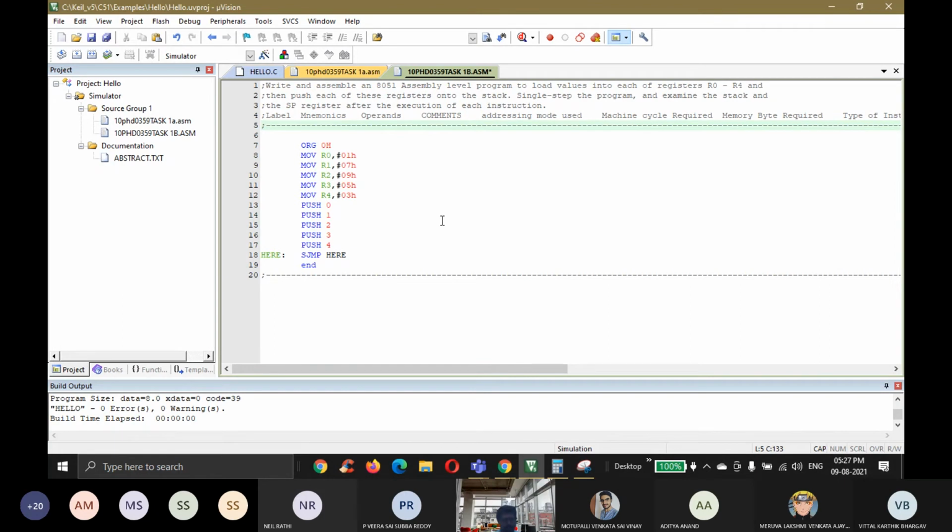This is the total program. So, program number 2. Yes, I have added the program here. I'm going to execute this program. Okay. Before that, I'm verifying this particular program. It will always select that particular highlighted thing and it will give 0 errors. Build the file. You can go for the debugging window.